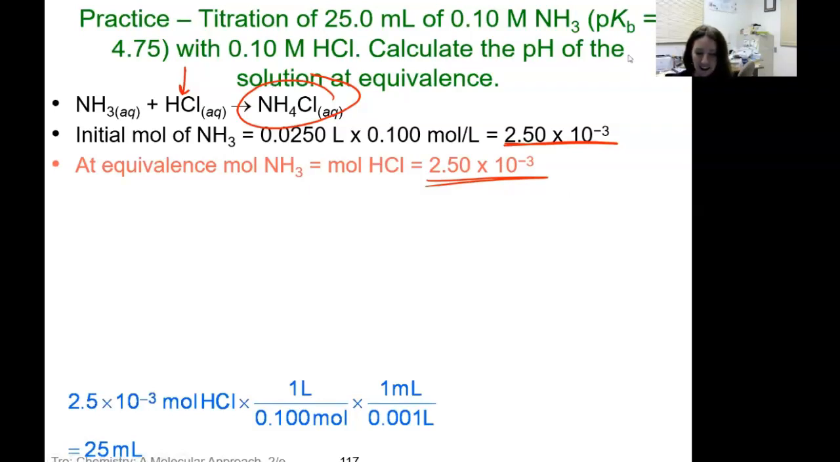So someone asked a little question here. Can I use the M1V1? That only works if it's a 1-to-1 ratio, and I wouldn't do that because sometimes it works and sometimes it doesn't. Okay, so